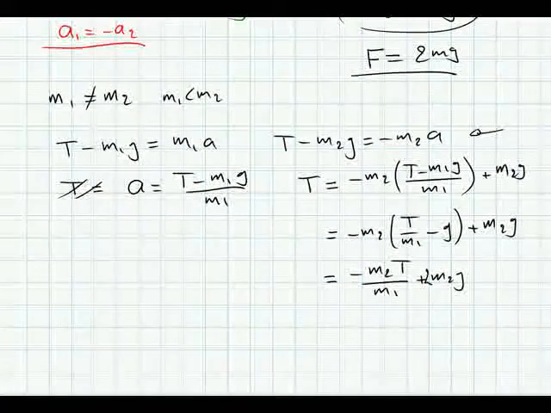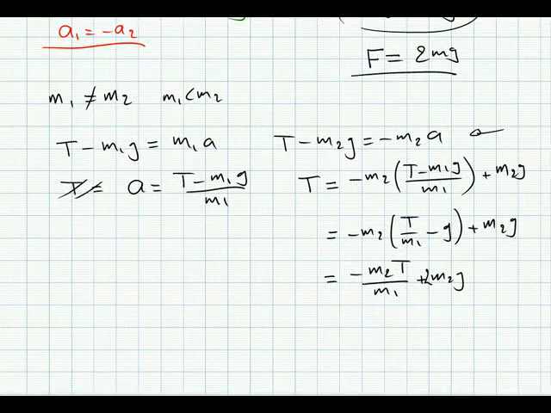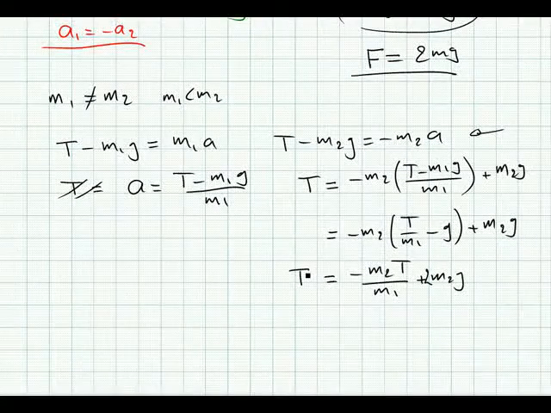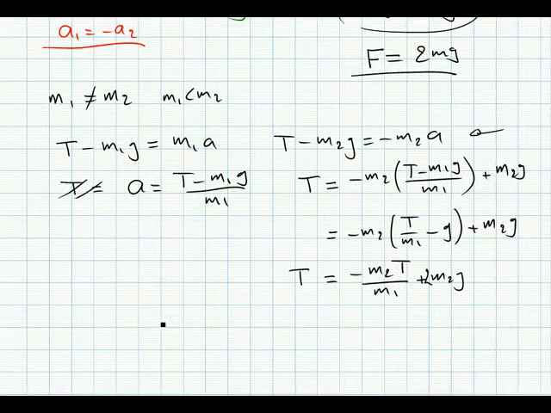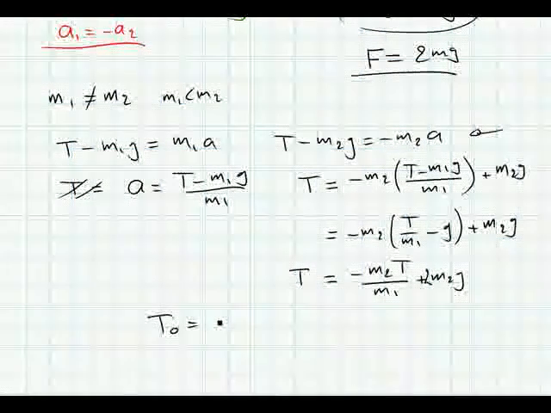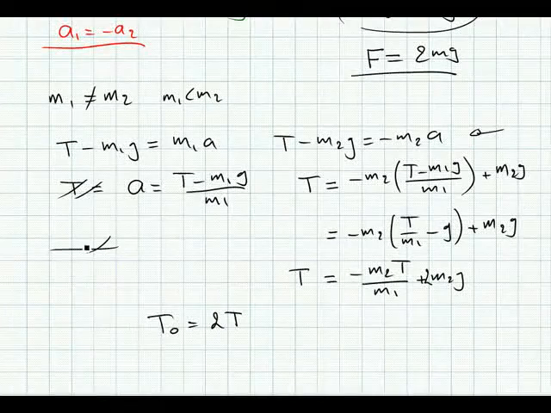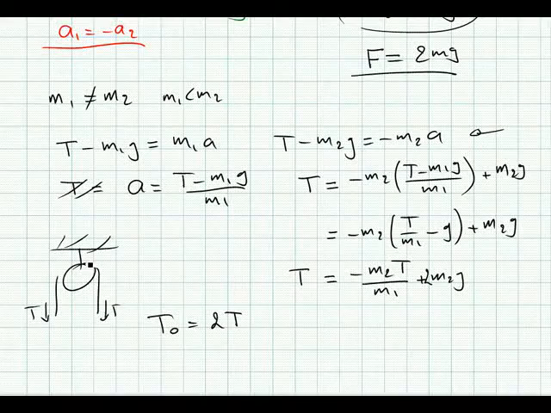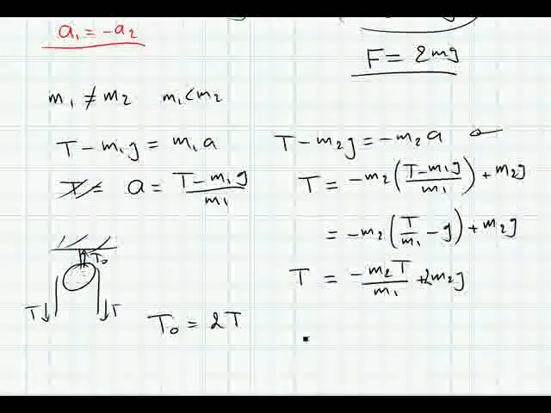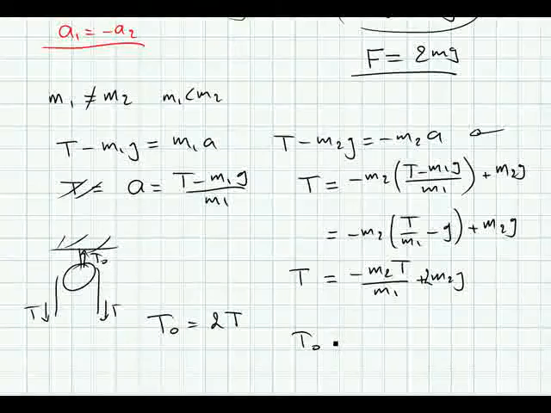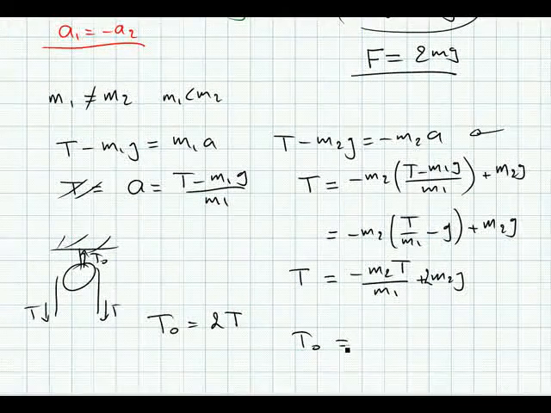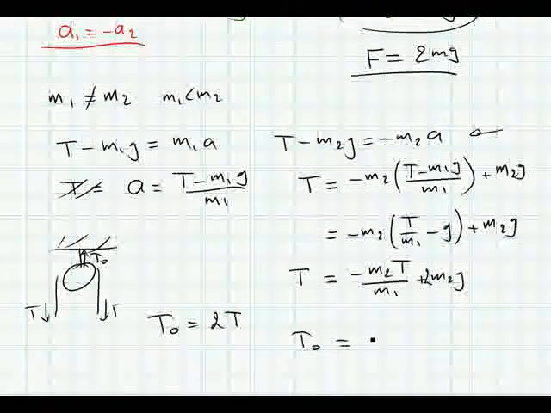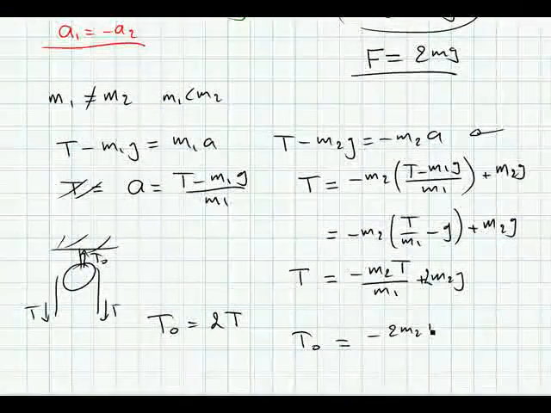Alright. So you see that if we have a case, and by the way, this is T, and once again considering the upper pulley, we have T naught is equal to twice T, because in the upper pulley we had tension down and T naught up. So T naught, which is equal to F in magnitude, is equal to twice that. So we have minus 2 m2